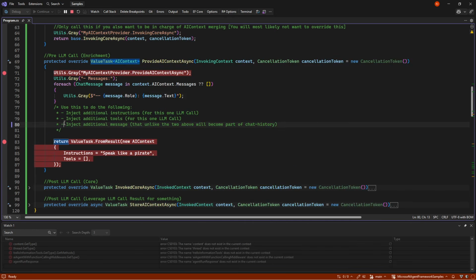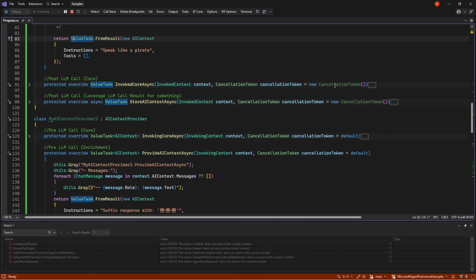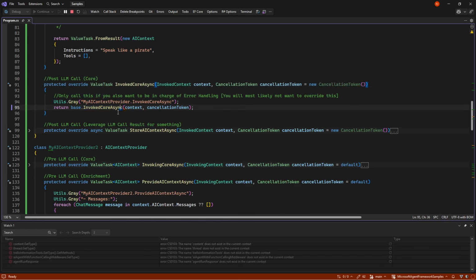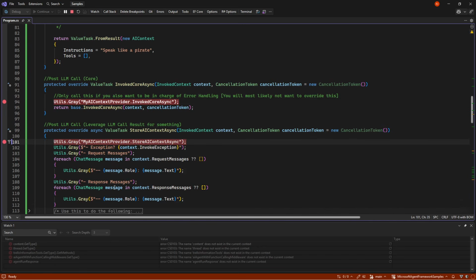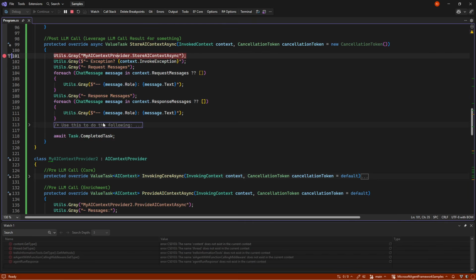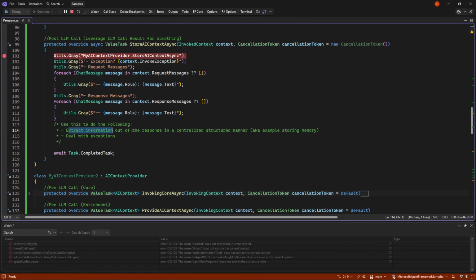And then if we set some more breakpoints down in invoked, which again, we don't really want to use for anything, and our store, here we could go in and begin to store data. So we could extract information from the response or deal with exceptions in a different way than the default, which is just throwing the exception.